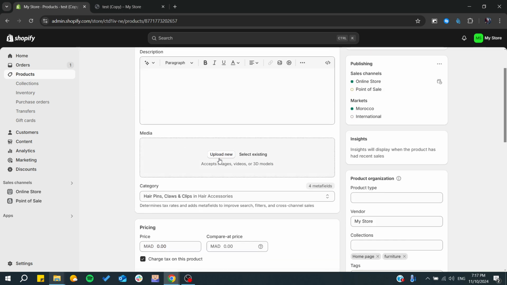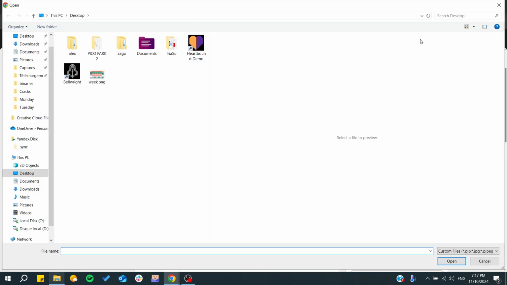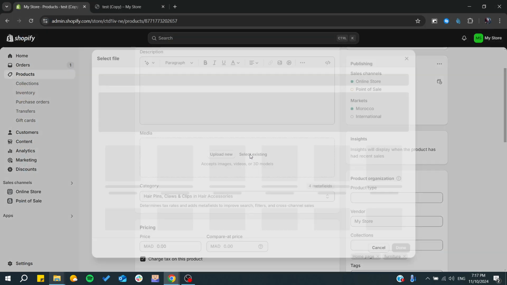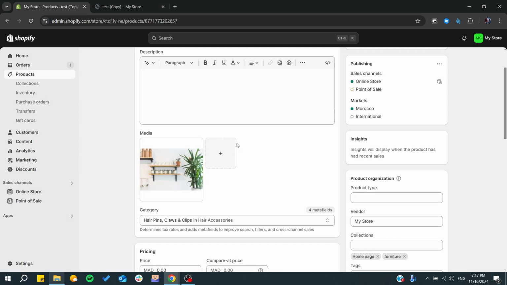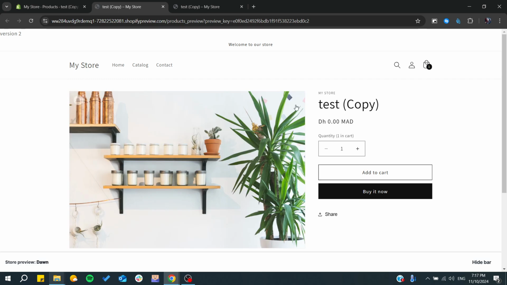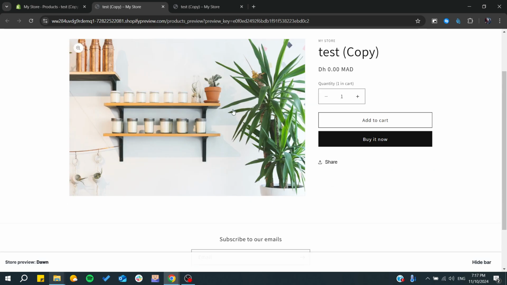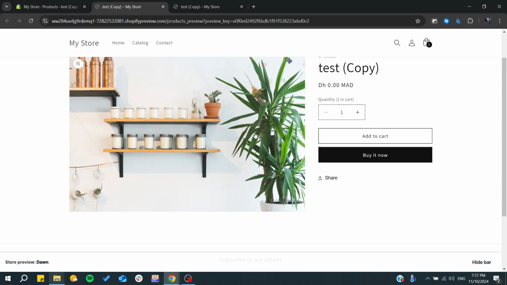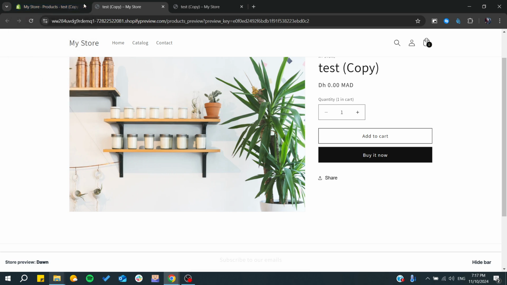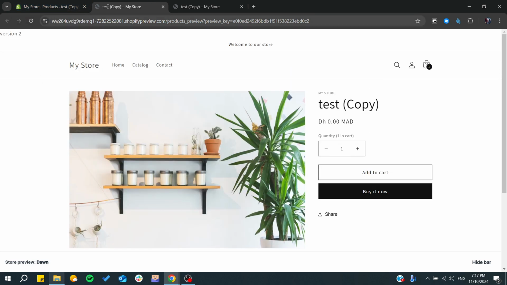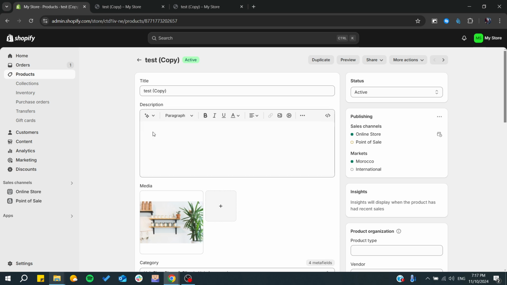Also, you can start adding some media. You can see how it looks on it. So I'm going to add, for example, this image, and I'm going to click on preview and see how this image fits in with this product. So as you can see, this is how it looks, and you can start testing and resizing the image. You can do any modification that you would like, you can try to share it, you can interact with your product however you like. Also, for example, if we add a simple description,